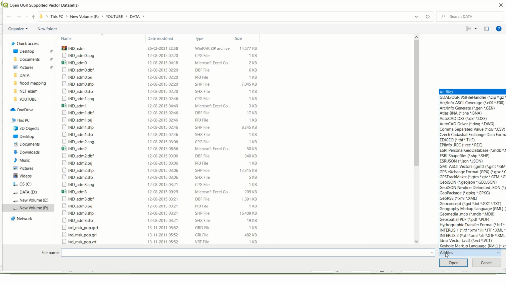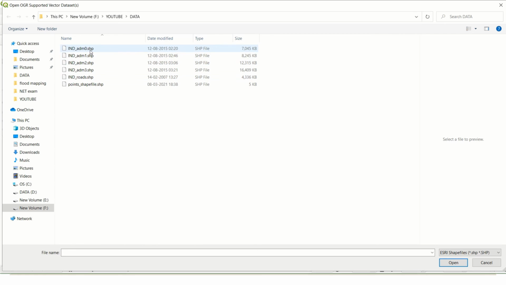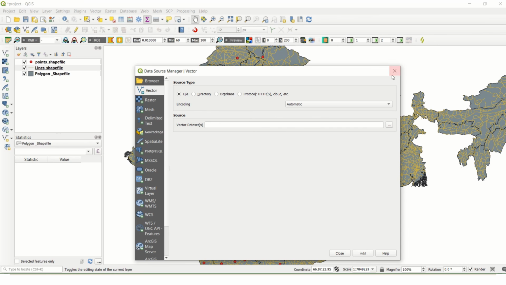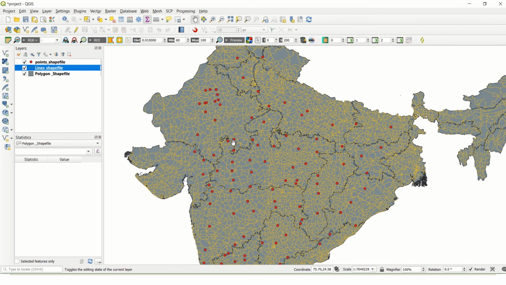If I choose to see only the shapefiles, these are my shapefiles. You can directly input them into your QGIS. This is how the shapefile works.